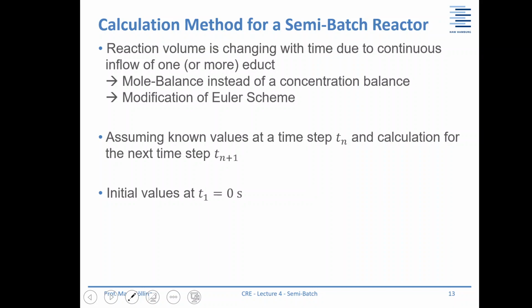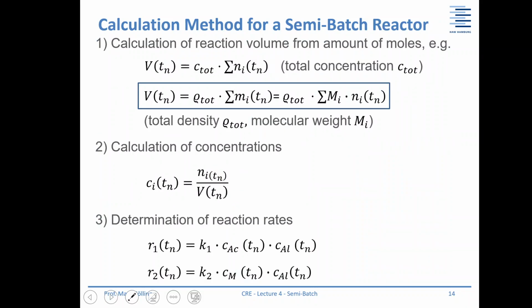The procedure is always the same. If you know your values at Tn, then you can use all this information and with it calculate the next time step, Tn plus 1. And since I'm doing it in MATLAB, I want to start with T1, and this should be our T0. So what could be a numerical concept? Okay,